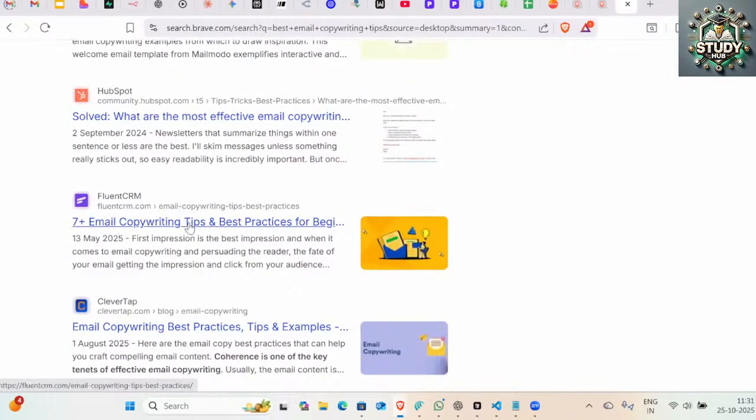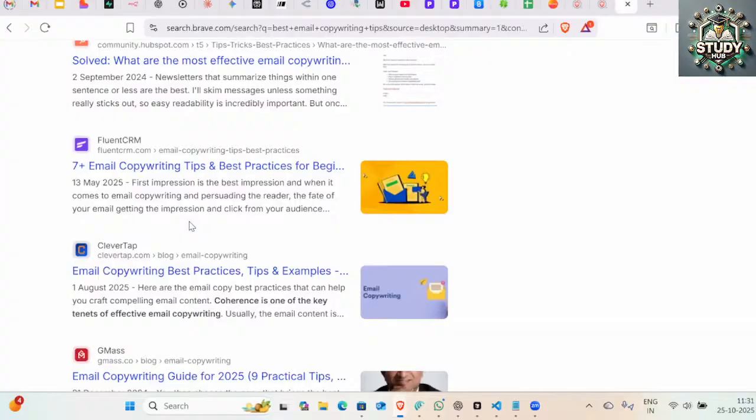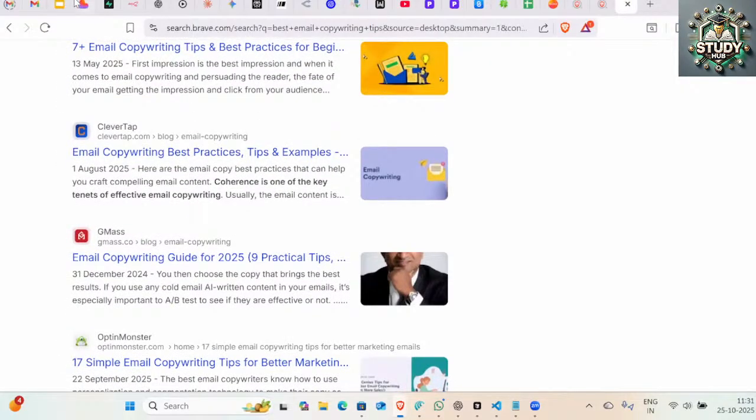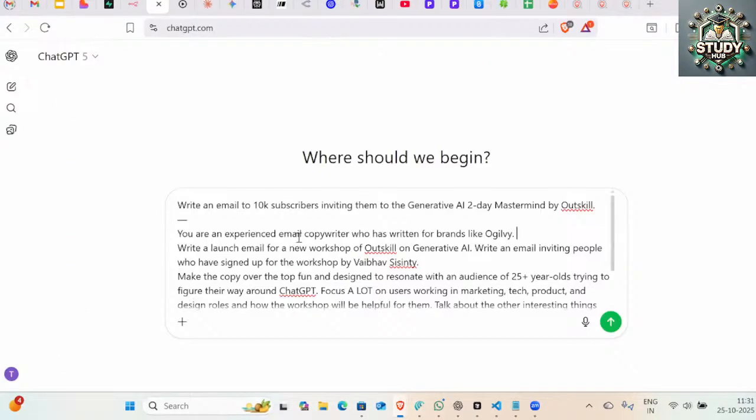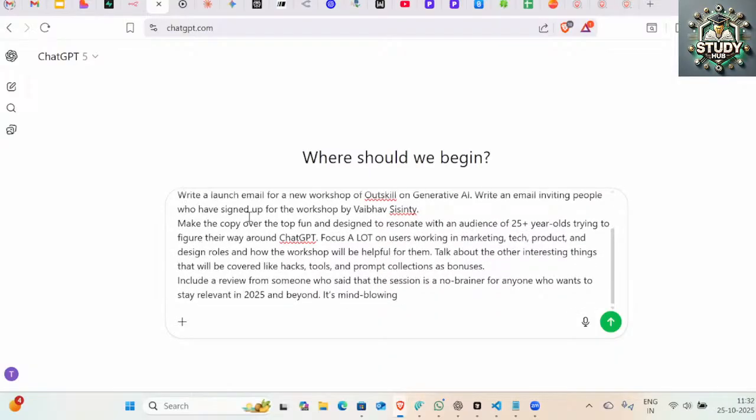What are the 7 plus best ways to write an email to any person or any company? Same thing I am doing, right? You know now ChatGPT or any other LLM has been trained on everything on the internet. So it might be a chance that all these big brands have written some good blogs on email copywriting, right? So role definition, right? You are my startup buddy, you are my health fitness coach, you are my mentor. Anything you can do, you just start with your role and then your context, right?